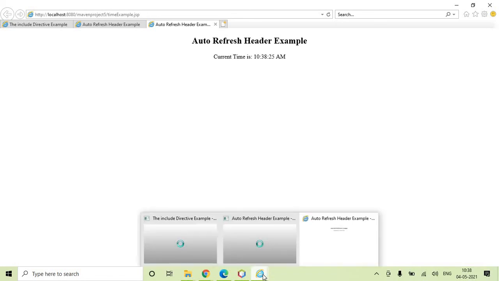So this is the counter. The page is getting loaded after every 1 second. See 10, 38, 8, 9. Initially the current time was loaded, and from the current time it is incrementing with your web server's time, after every 1 second. Okay, so this is something about JSPs in brief.